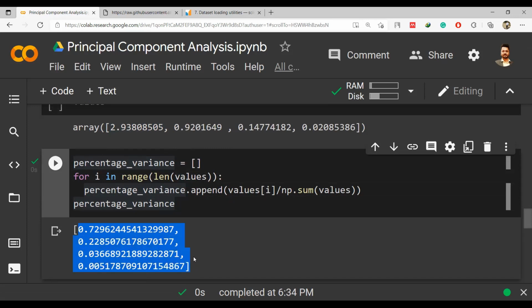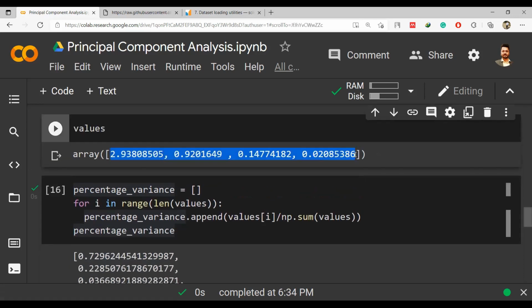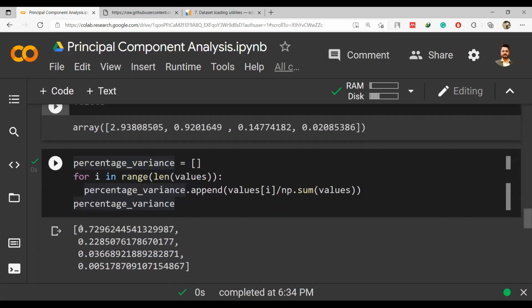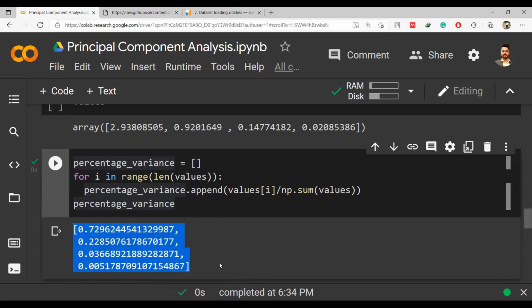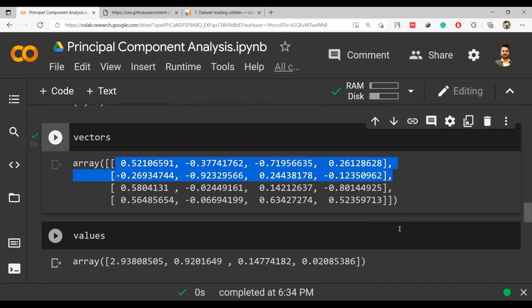The main thing here is that we are looking at the eigenvalues, which have been printed in decreasing order, and we have also checked the percentage of variance. We have to see the contribution of each eigenvalue, and only that vector will be kept. Obviously only the first two are contributing, 23% and 73% respectively. So we will be keeping only the first two eigenvectors. We will be discarding the other two.